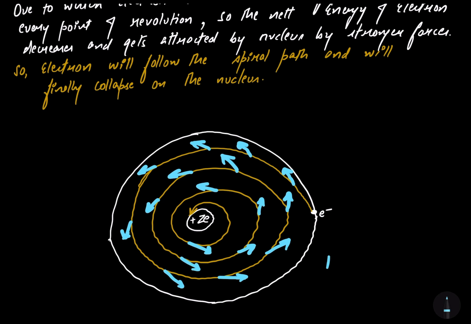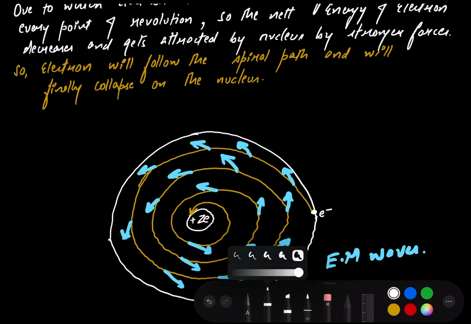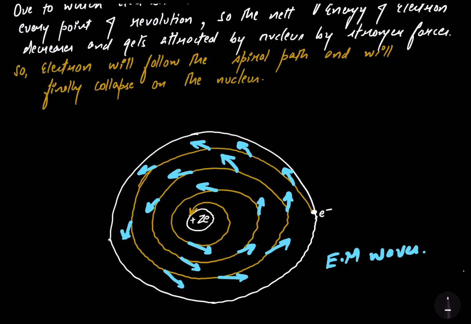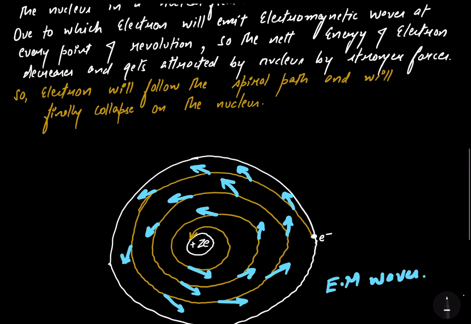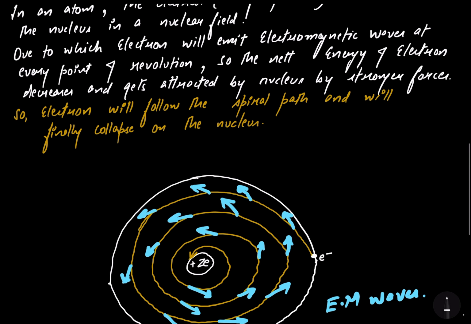So that was my EM waves. It signifies that at every point of revolution, the electron has emitted electromagnetic waves, and the net energy of the electron will decrease, due to which it will feel the stronger attractive forces by the nucleus and will follow a spiral path and will finally get